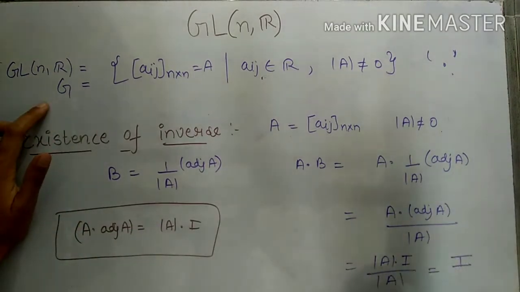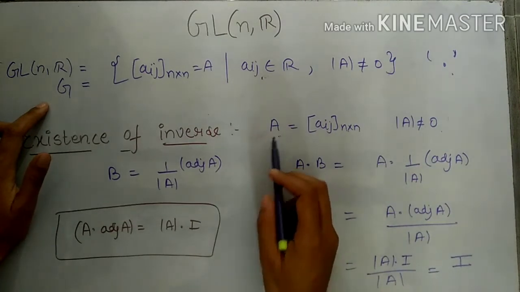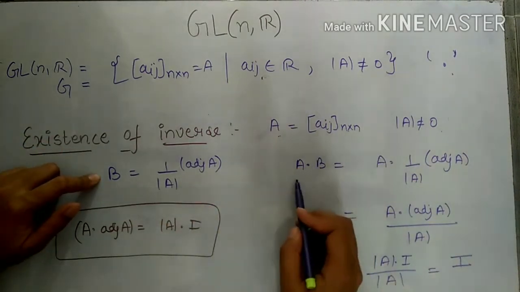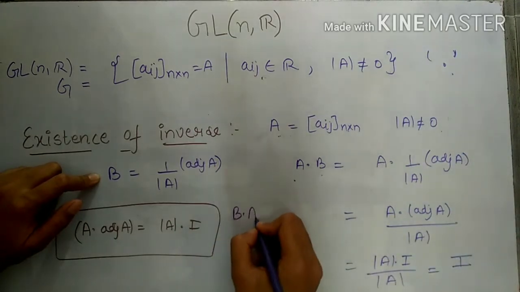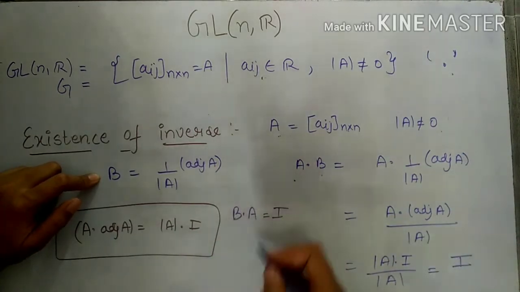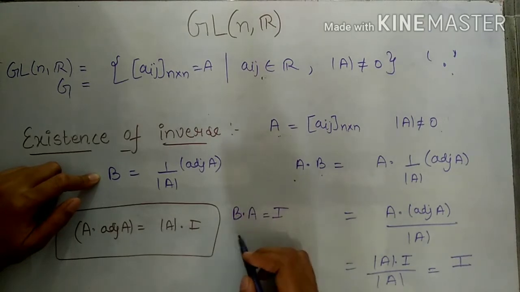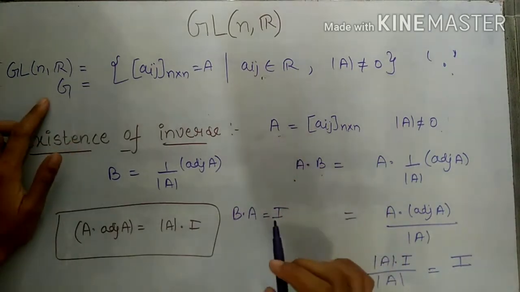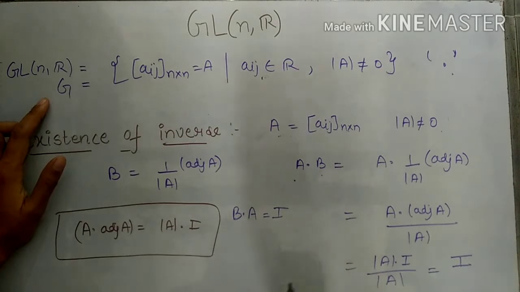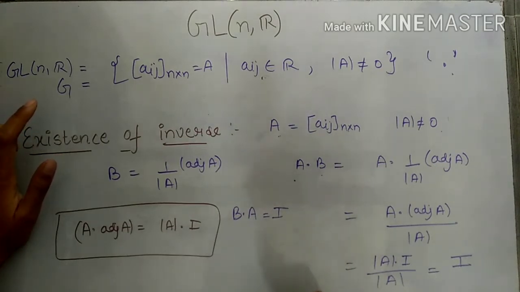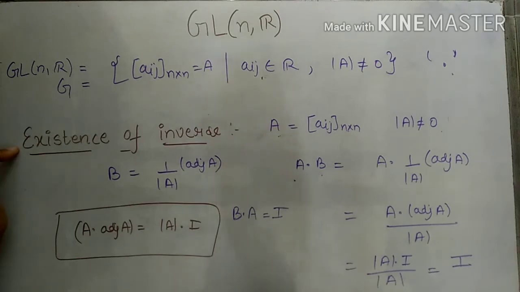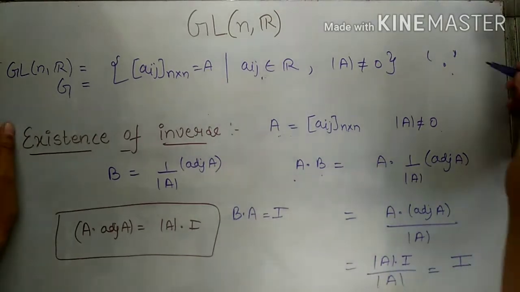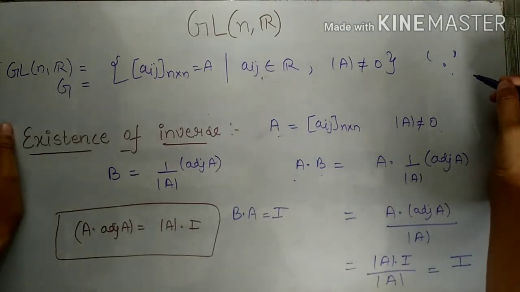So here what we get, for any matrix A, we get a matrix B such that A into B is equal to I. Similarly, we can check B into A is also equal to I. So here we get an inverse element for the element A from set G. So we can find inverse of each element from the set G. So what we get from here, that G satisfied the property of existence of inverse for each element under the operation of matrix multiplication.